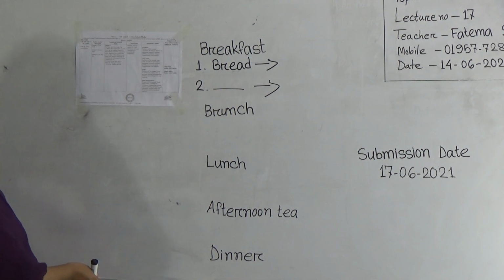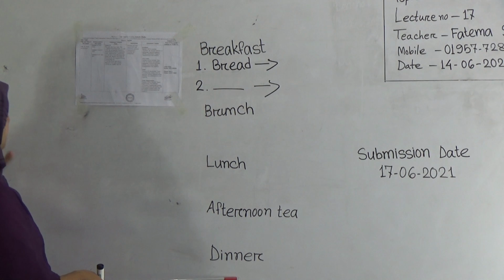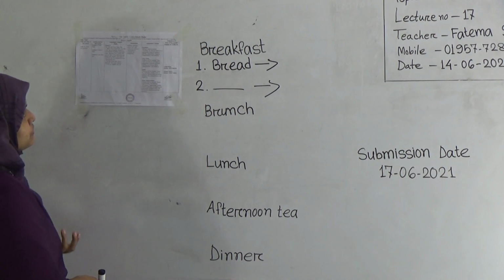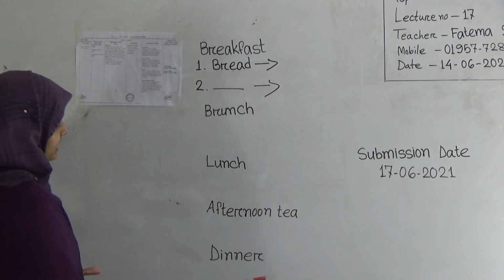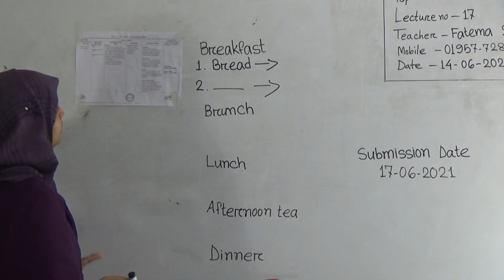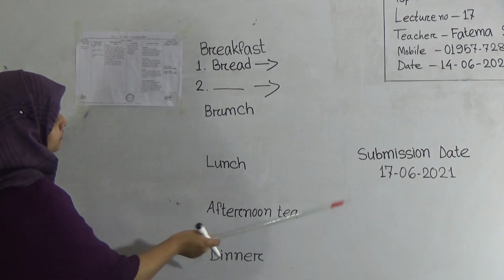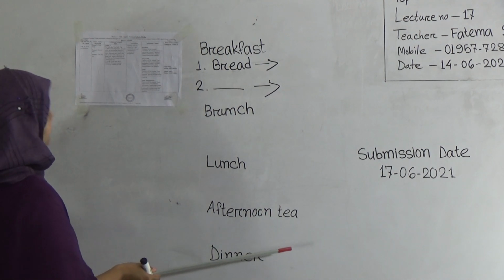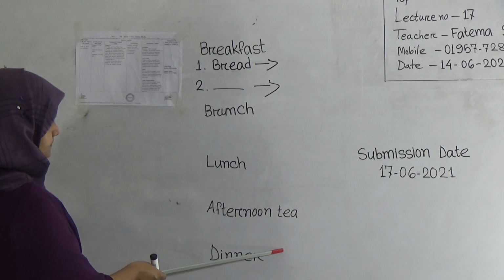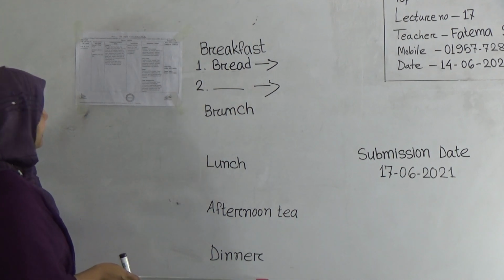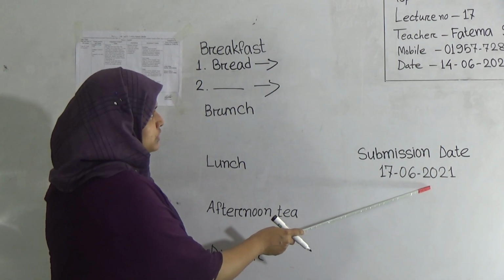And with this we used to take lentil, and sometimes a smaller portion of meat, vegetables, and sometimes we used to take sweets, but it would be better not to take sweets at the time of dinner. So it doesn't matter, you will mention what you used to take every day as food for your 5 meals, and you will write protein, carbohydrate, mineral, this type of words as your list. Students, that's for your assignment, and you have to submit your assignment on 17th June 2021.